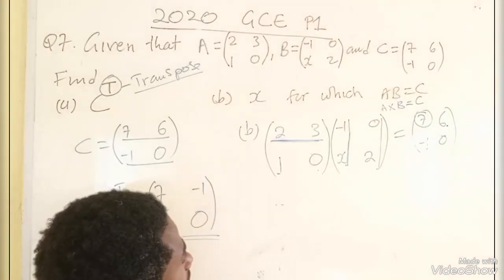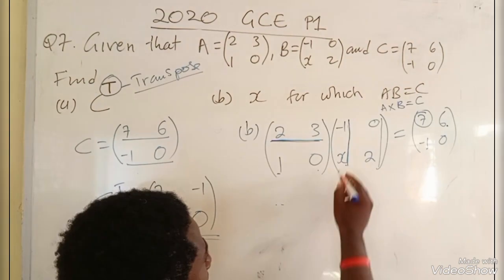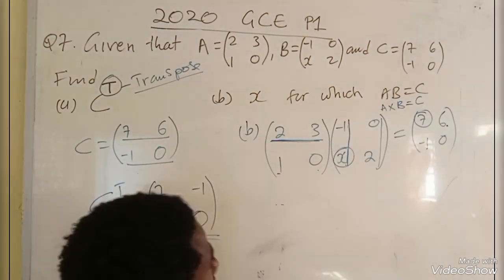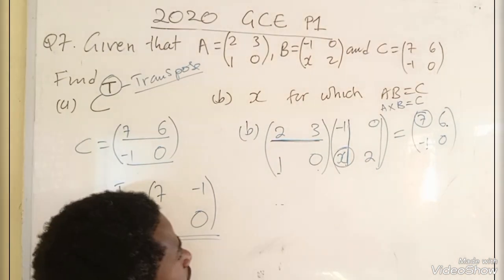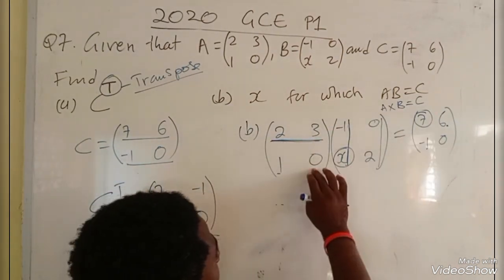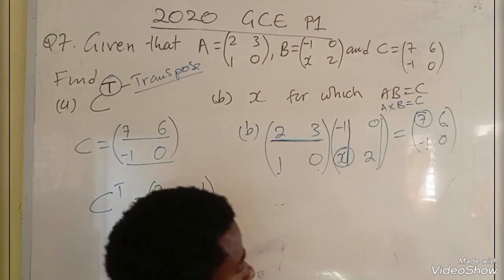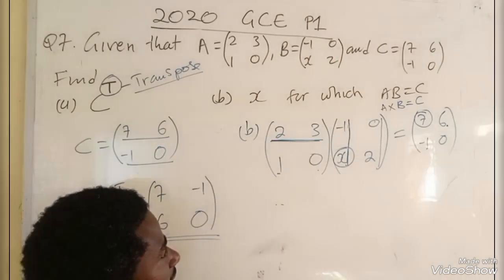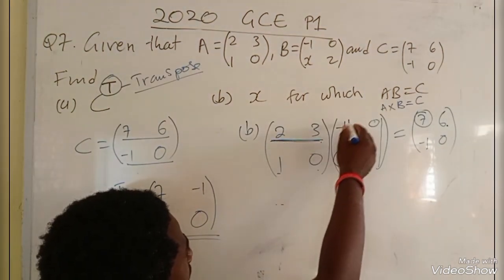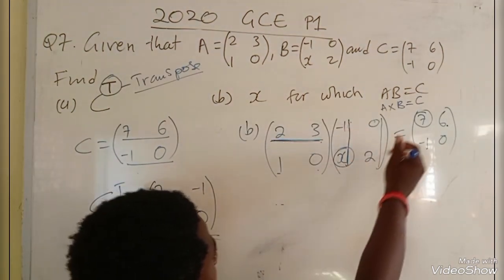Now we are interested in x. This simply means that we are not going to waste time multiplying this times this so that we have that, this times this so that we have that. We are not going to waste that time. We are just interested in x. So we'll multiply this row times this column so that we have